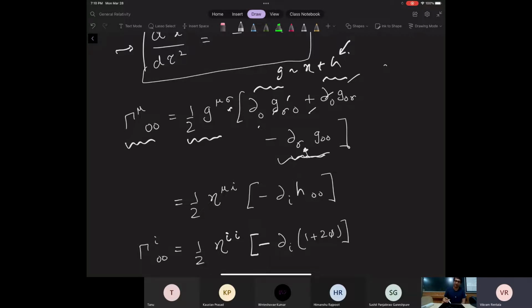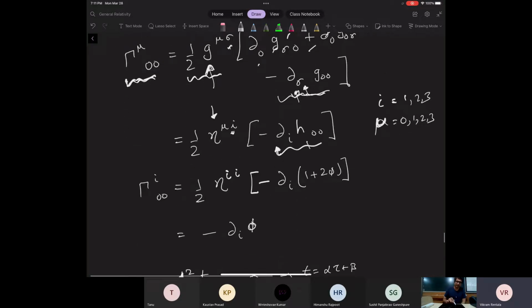Those contribute. So you get minus ∂_i. Generally when you use i, you mean i runs over 1, 2, 3. And when you use a Greek letter like μ, you mean μ runs over 0, 1, 2, 3. So this ∂_i is to remind us that this runs over 1, 2, 3. And I've only kept this term, minus ∂_i h_00. And over here for capital G, since we're only evaluating the Christoffels to first order in h, we can just take g to be the leading order metric, which is η^μi. And so now if I work out Γ^i_00,